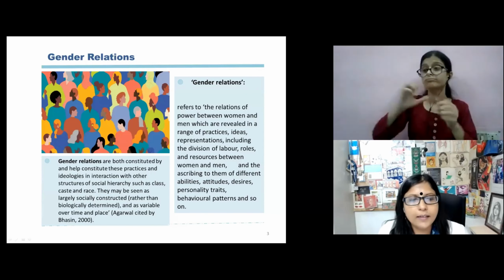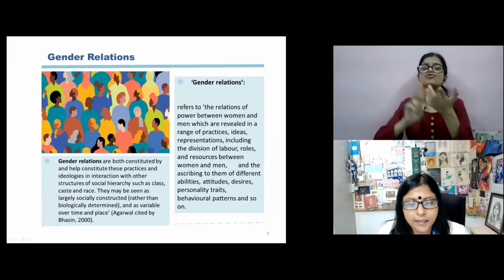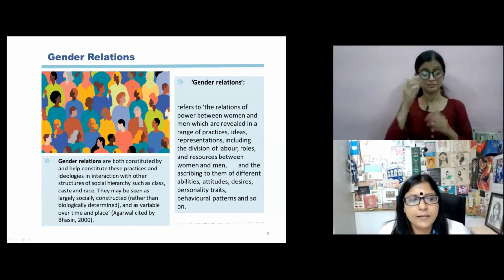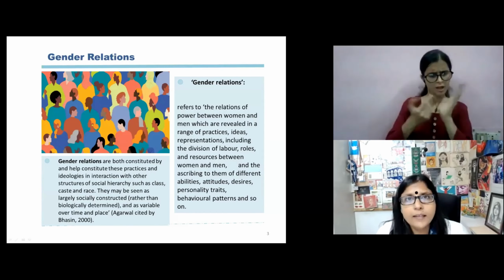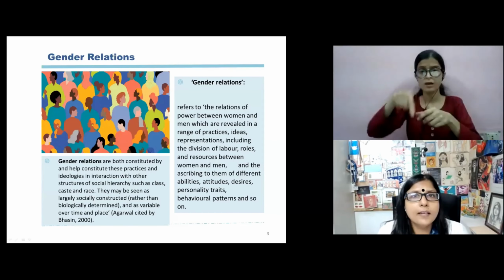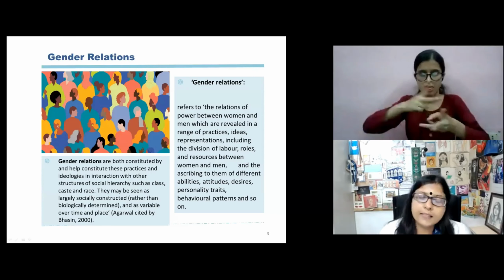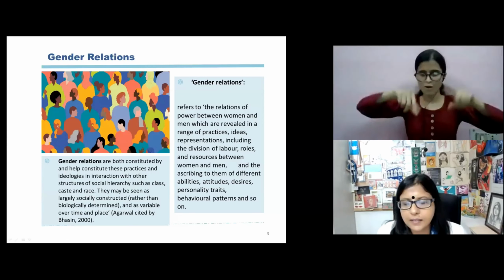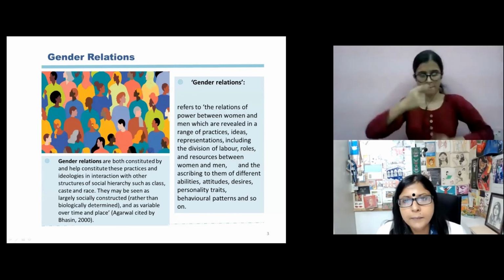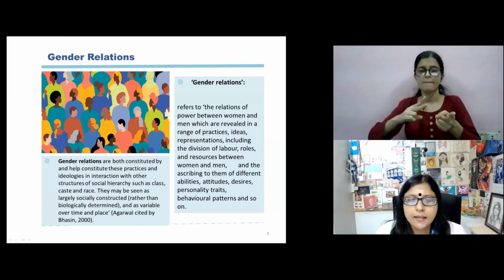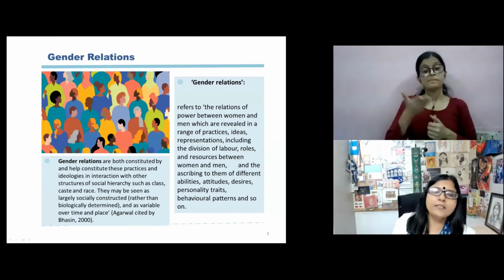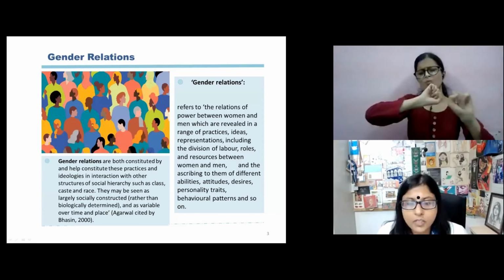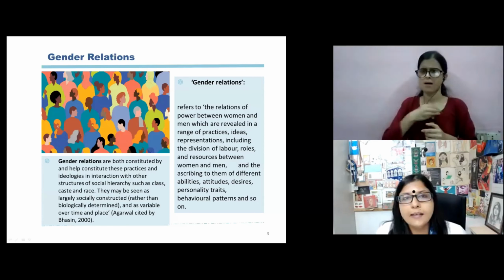It refers to the relations of power between women and men, which are revealed in a range of practices, ideas, and representations, including the division of labor, roles and resources between them, and ascribing to them of different abilities, attitudes, desires, personality traits, behavioral patterns, and so on. Gender relations may be seen to be largely socially constructed rather than biologically determined, and thus they are innately